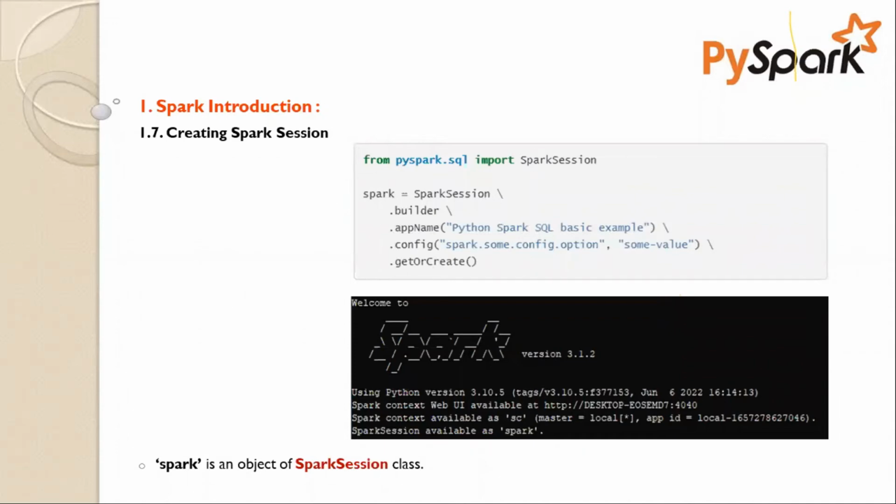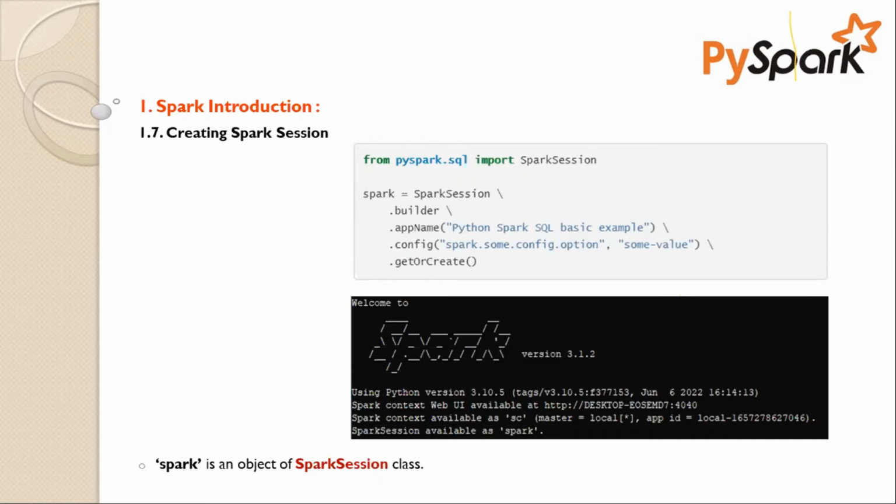So spark is an object of SparkSession, as I said, right? Earlier we used to use sc, that is SparkContext, right? Now we are using spark in place of it, with SparkSession. You can use any word for the object name, because SparkSession we won't change, but spark is an object of the SparkSession class.